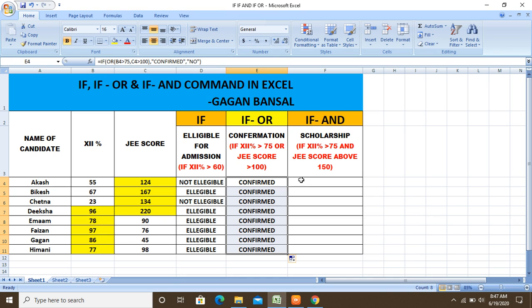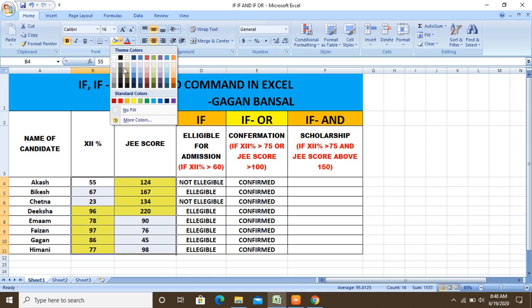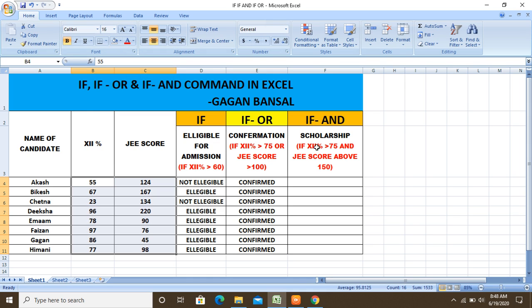So OR condition is used when any one of the conditions or any one of the logic is satisfied. And finally, in the third case, that is the IF AND command. IF AND command is used when both the conditions, or all the conditions or all the arguments, are satisfied. In this particular example, the scholarship will be given if 12th percentage is greater than 75, that means students eligible with 12th percentage greater than 75 are these, and GATE score is above 150.